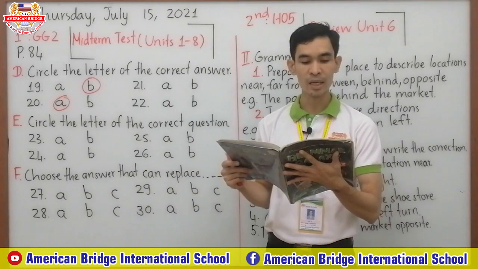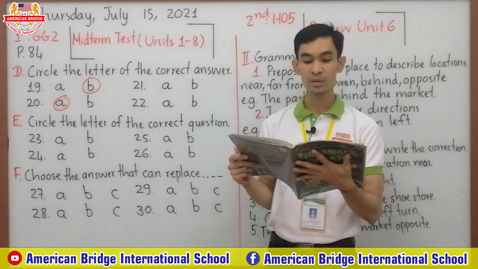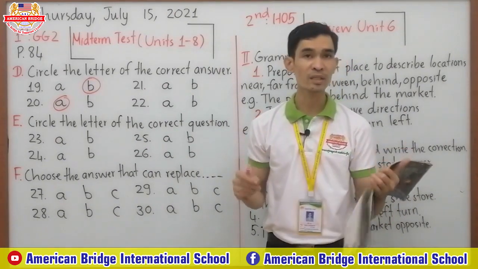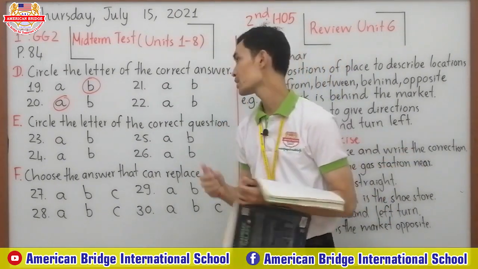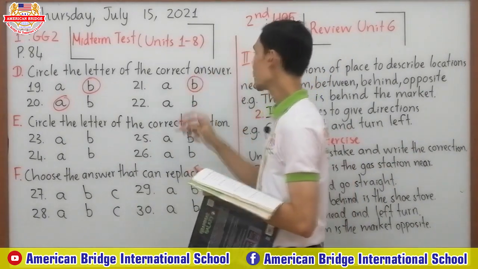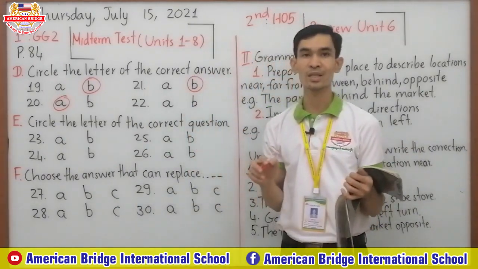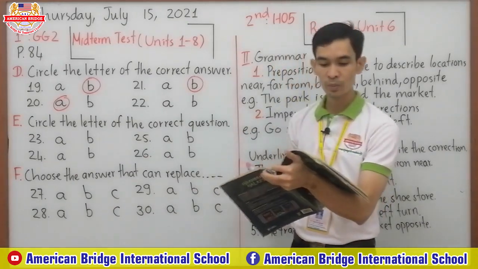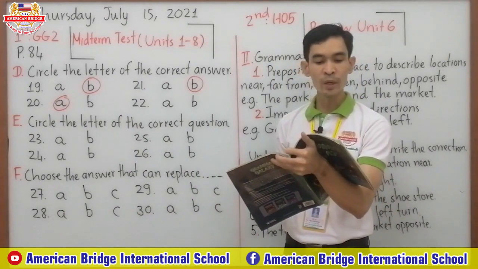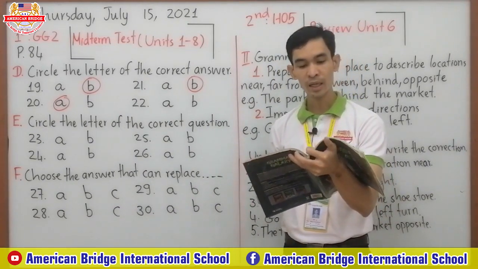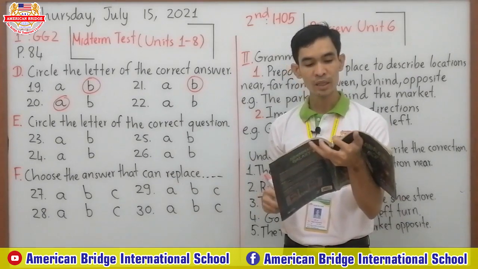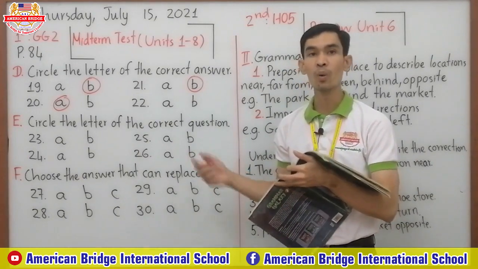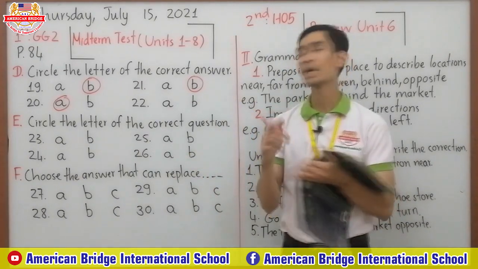Does the show start at 12 o'clock? A. Yes, it do. B. Yes, it does. So the correct answer, it used with does, right? So the correct answer, it must be letter B. We cannot use do with it. We cannot say yes, it do. Yes, it does. Okay, so now let's continue to number 22. Will Jane come to the meeting? A. No, she won't. B. No, she isn't. The question starts with will, right? So you answer with will or won't. So the best answer, it must be letter A, right?